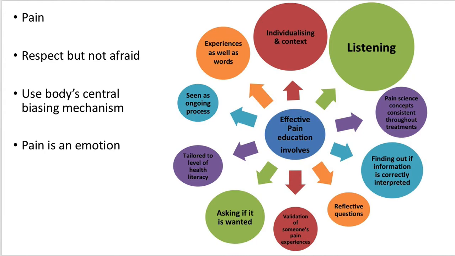Okay. Use your body's central biasing mechanism, meaning that we're going to help our body move. So we're going to use our kinesthetic movements and learning to show our body that we can move. So we're almost trying to trick the brain, okay? And please always respect pain as an emotion, that just like love means things that are different to you. You probably love in different ways, and people in different ways. Pain is often the same for people.